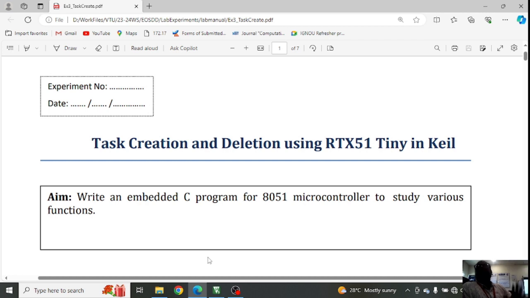Process and task are similar only. So here we are going to create a task, and once the work has been completed, we are going to delete it. Right? So if we are coming to